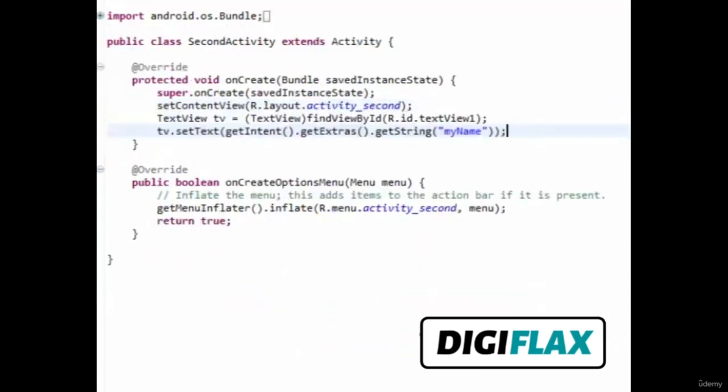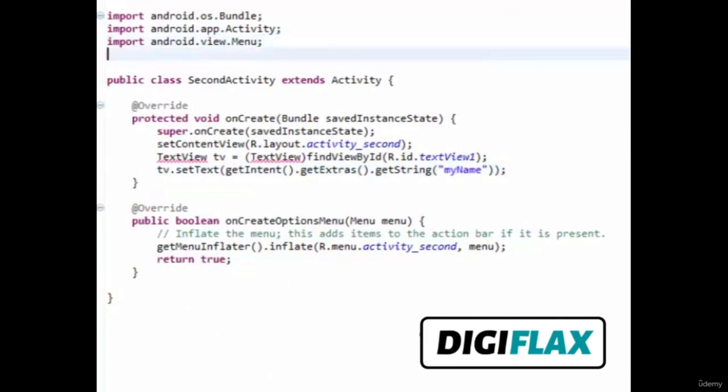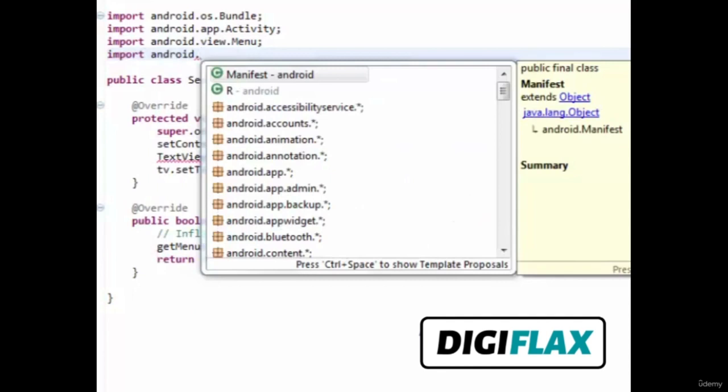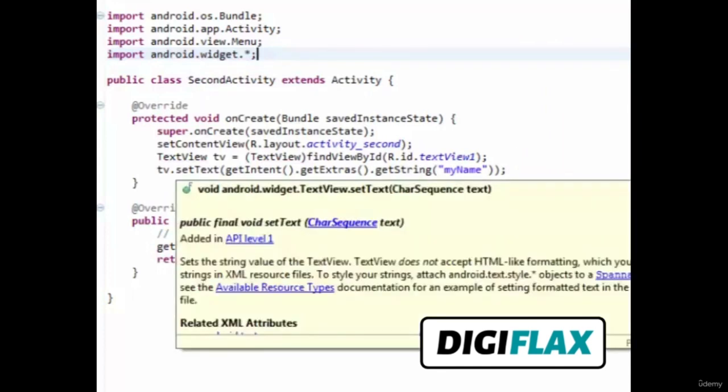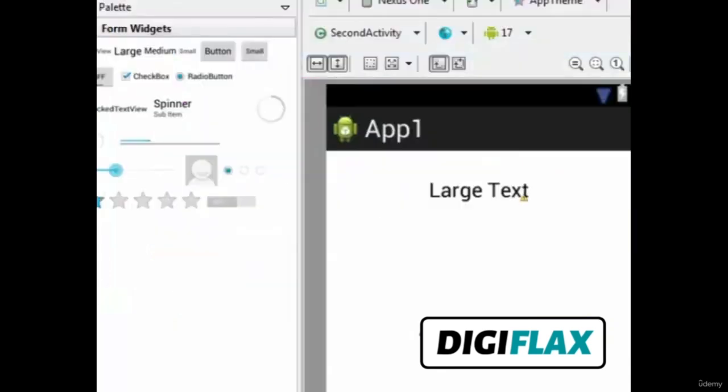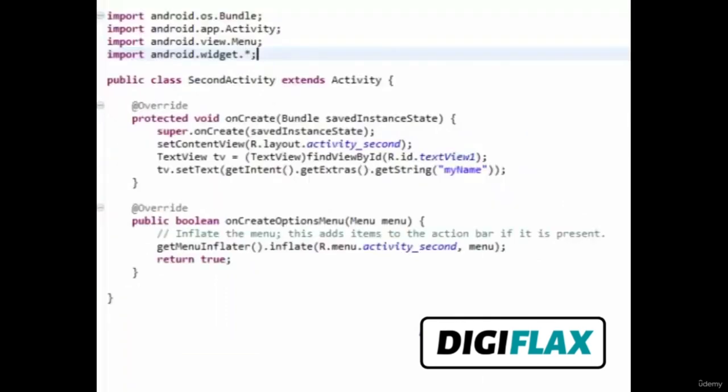In our second activity, we are referencing our text view, but first we have to import android.widget, and now it is perfect. We are referencing our text view, which is this. It's textView1, and we are referencing it, and we are setting the text using the tv.setText method, which is